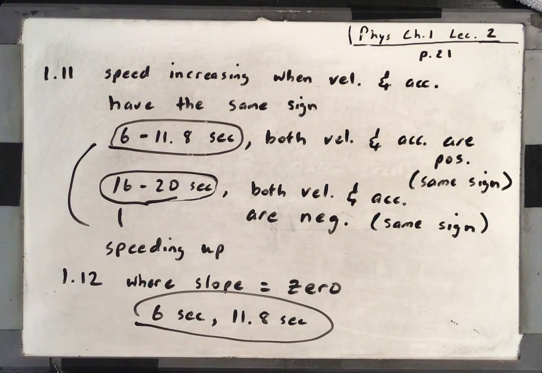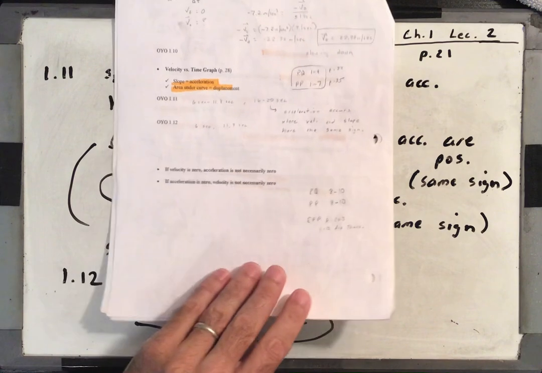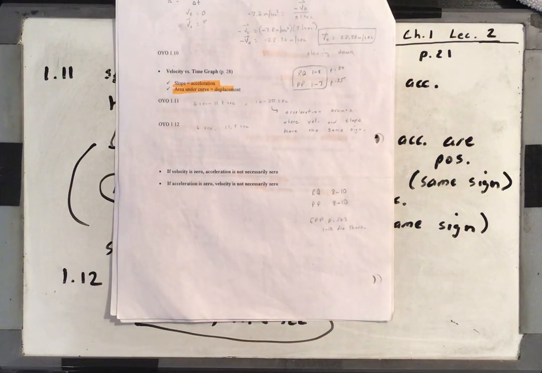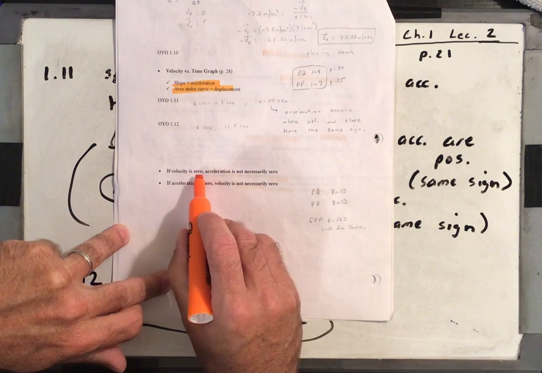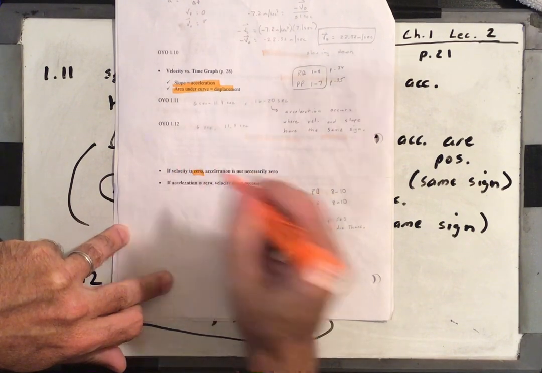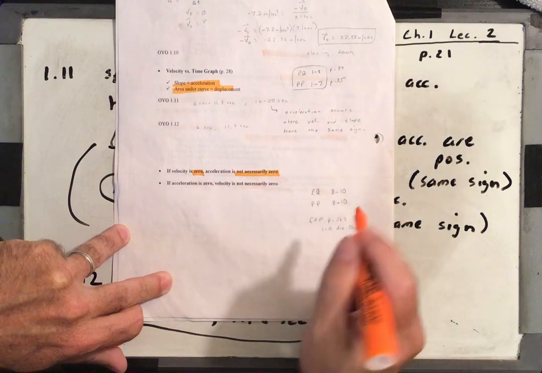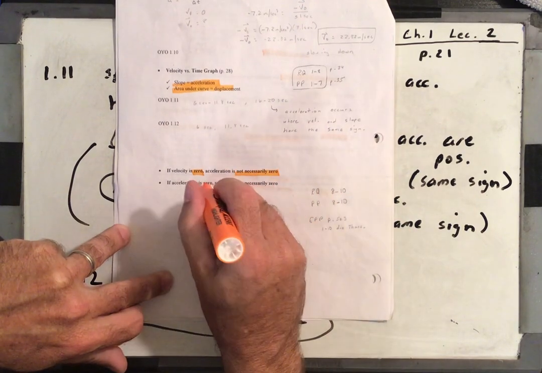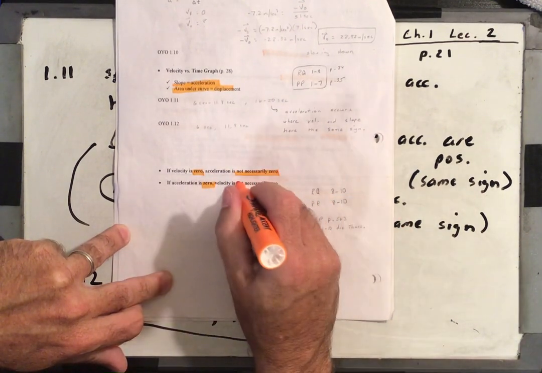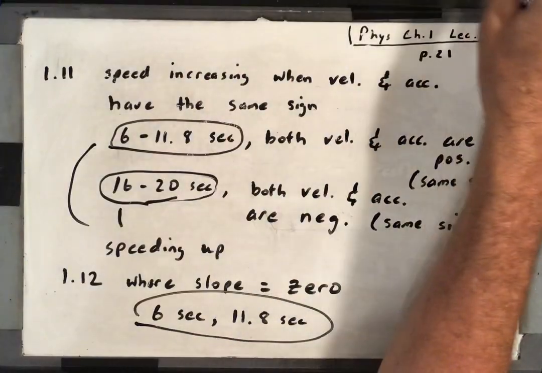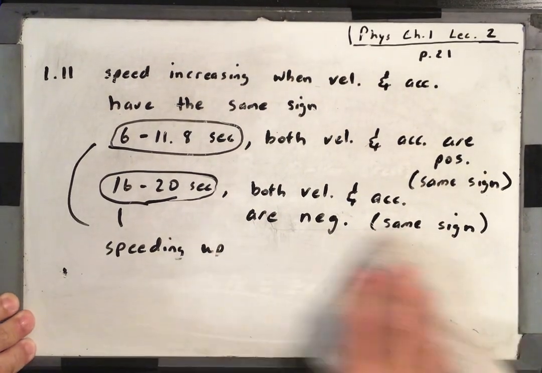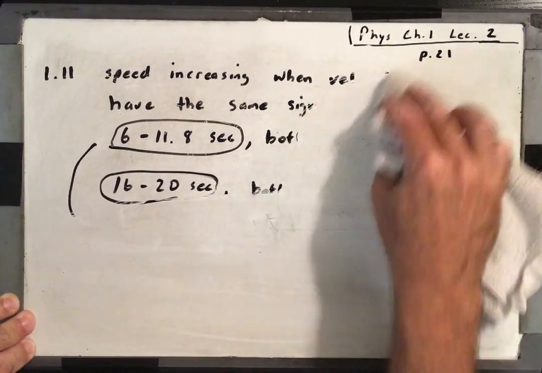All right, the last thing before I assign the homework, and I do have one more lecture for chapter 1: if velocity is 0, acceleration is not necessarily 0. And if acceleration is 0, velocity is not necessarily 0. So if you have a constant velocity, let's say you're going along at 10 miles an hour,